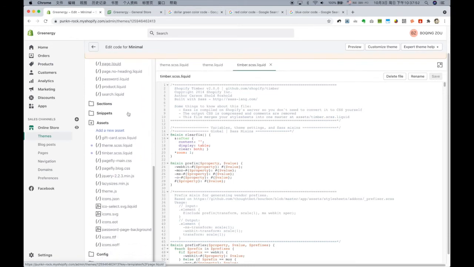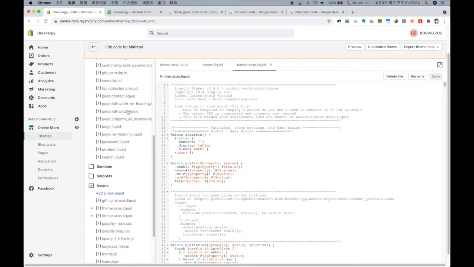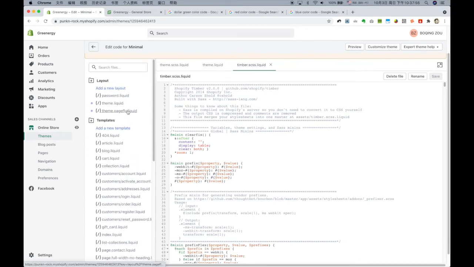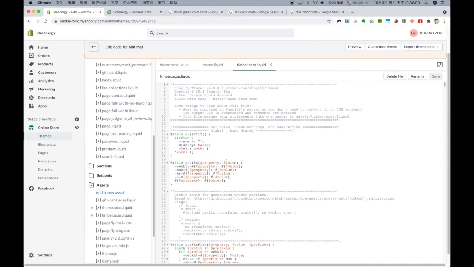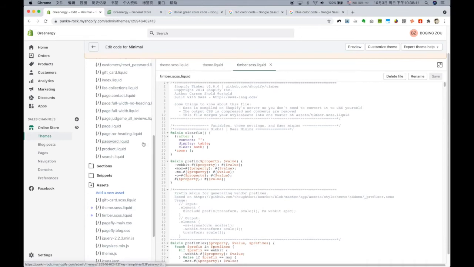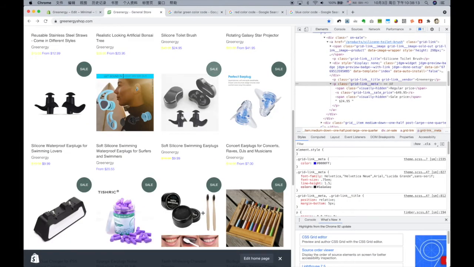These files determine what Shopify looks like, what your store looks like, right? The styles, anything, right? If you touch these things, if you don't know how to do it and you accidentally add some weird stuff into the code, your store explodes, right? So the thing here is we want to change the color of this. So it's very simple,